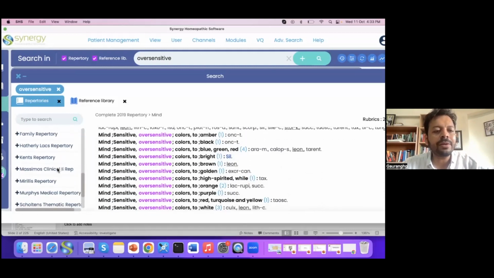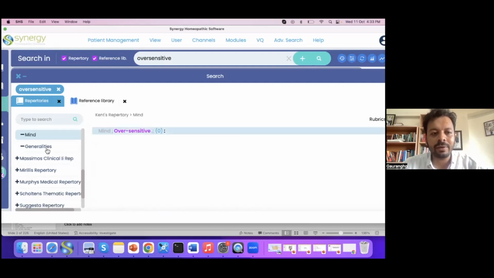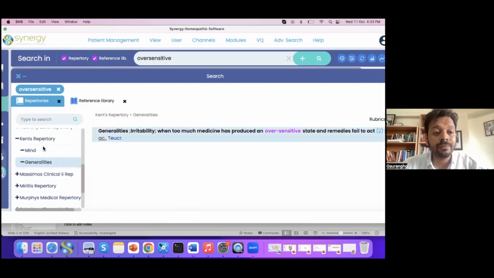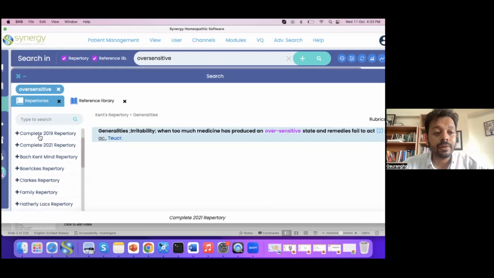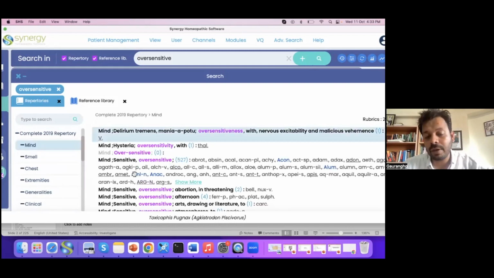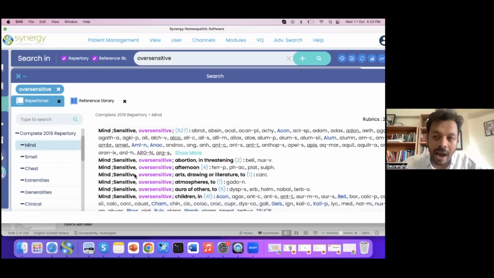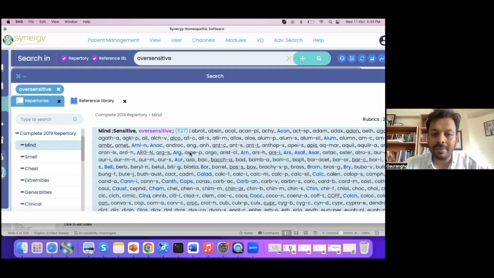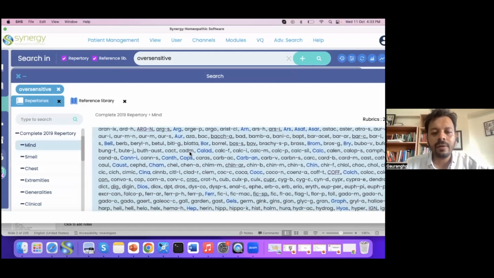But the first repertory that I like to talk to you about is, of course, the Kent repertory. And a lot of Kent repertory rubrics are added in Complete Repertory. So I thought of talking to you about the remedies in this rubric vis-a-vis understanding it with